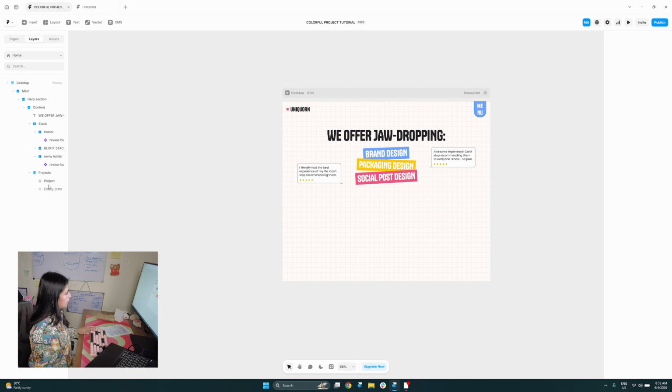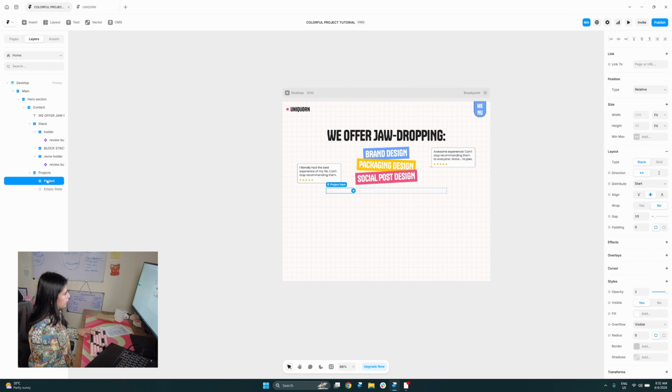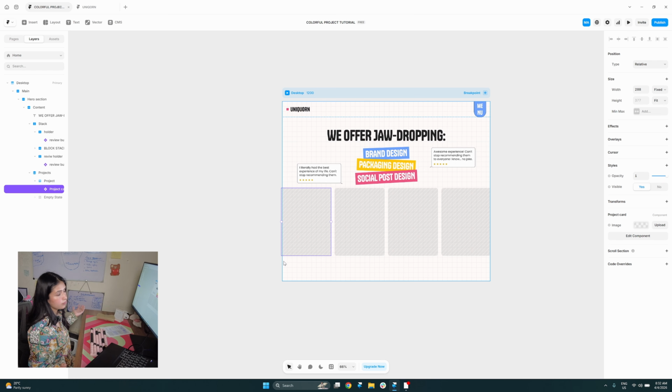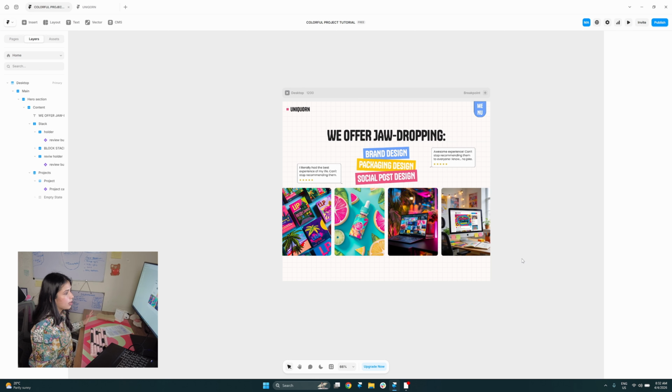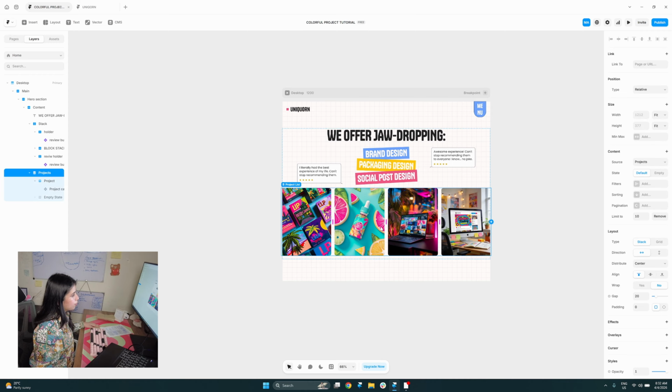So Control X this here, and then within the project layer Control V this here, and that is it. Now we are going to connect this image to the main image, and that looks perfectly all right. I'm going to click here and then adjust the gap to 16, looks good,